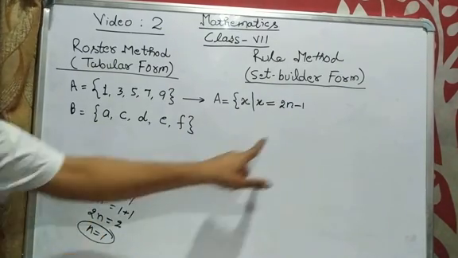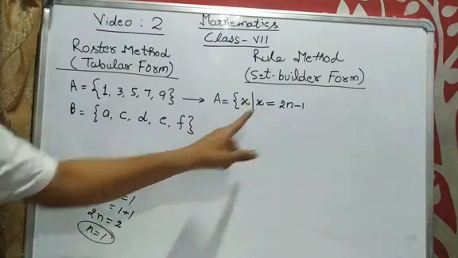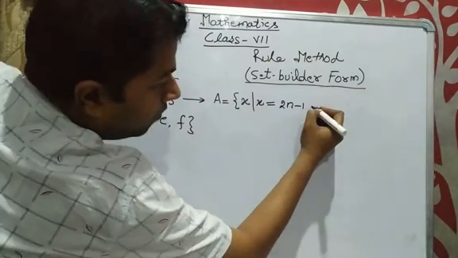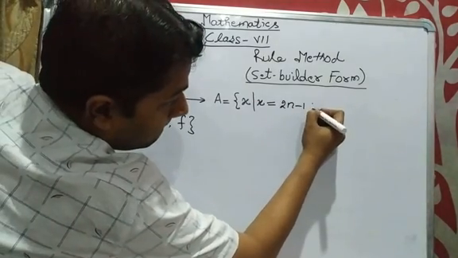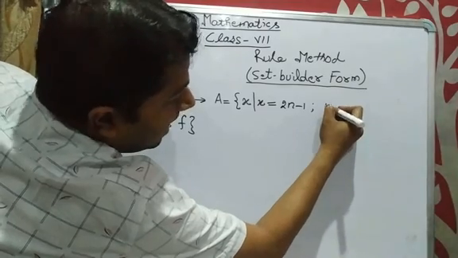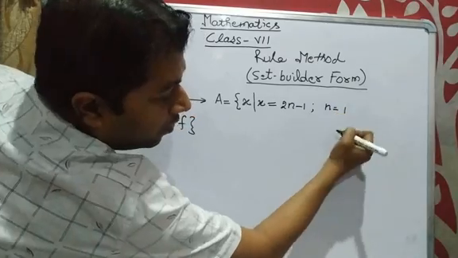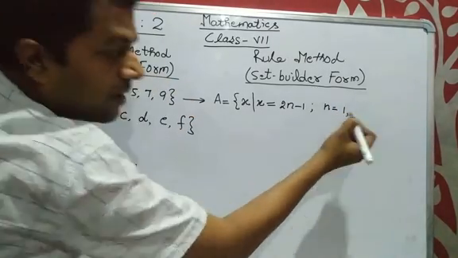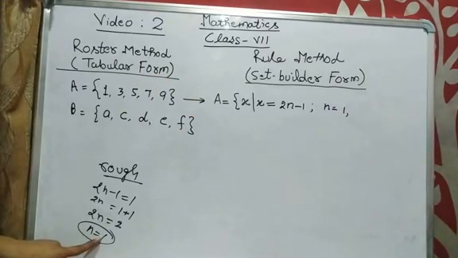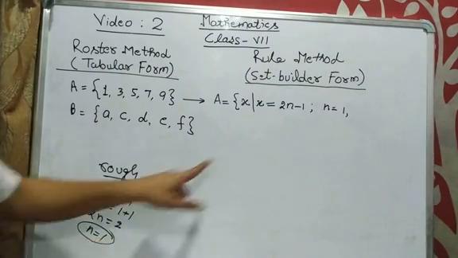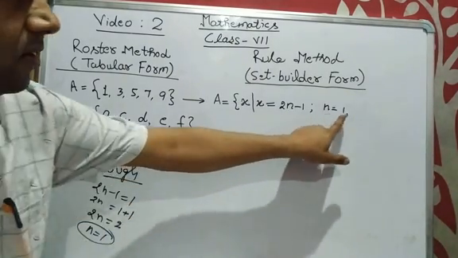The value of n changes with respect to x. So n starts from 1. While we are taking n is equal to 1, the value of x: